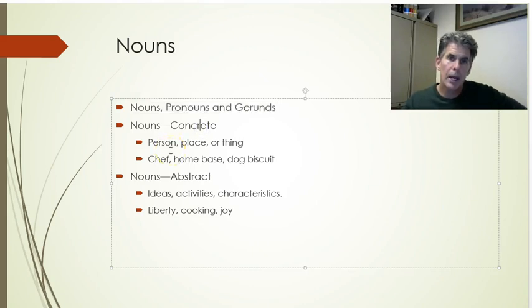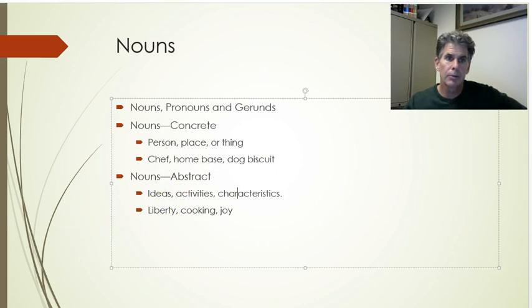The two main types of nouns are concrete nouns, the ones you knew when you started this class, and abstract nouns, which are the ones that cause students trouble. Just keep in mind that ideas, activities, and characteristics are the things you deal with more and more as you get older, working in abstractions: how to organize things, conceive of things, see through things, explain things. Those are the ideas, activities, and characteristics you're going to be working with more as a college-educated student. So that's what nouns are.